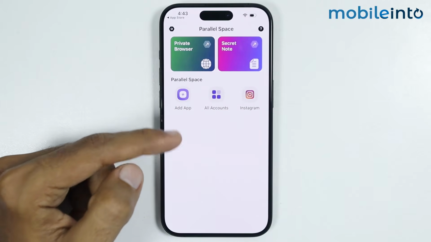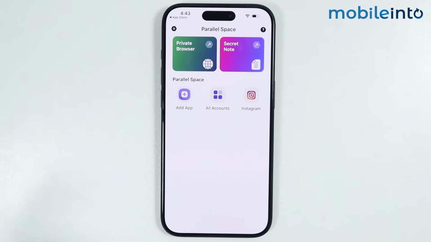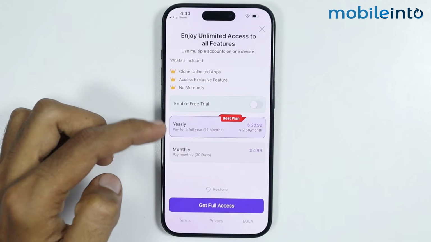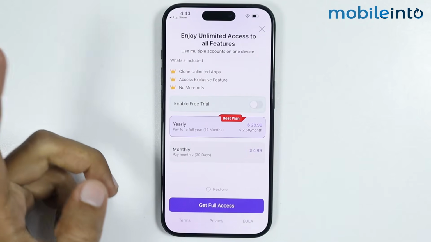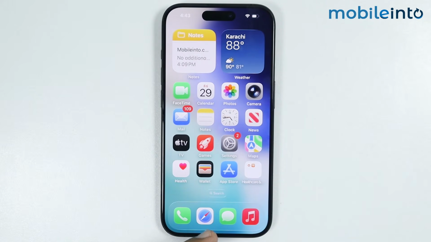Now by using this app, you can only create one clone of an app for free. But if you want to create dual apps for more than one app, you will have to pay the monthly subscription of this app. Now for the second method to create dual apps on your iPhone, just open the Safari